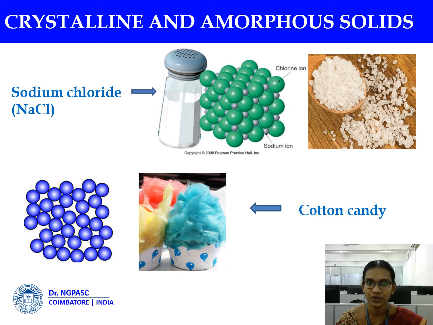Here I have shown two different materials. The first one is sodium chloride and the second one is cotton candy. Sodium chloride is the best example of crystalline nature. It is commonly called table salt. It has Na plus ions and Cl minus ions. It has a regular geometry in a face-centered cubic manner. It is an example of a crystalline solid. And here there is cotton candy, having irregular geometry. It is the best example of an amorphous solid.